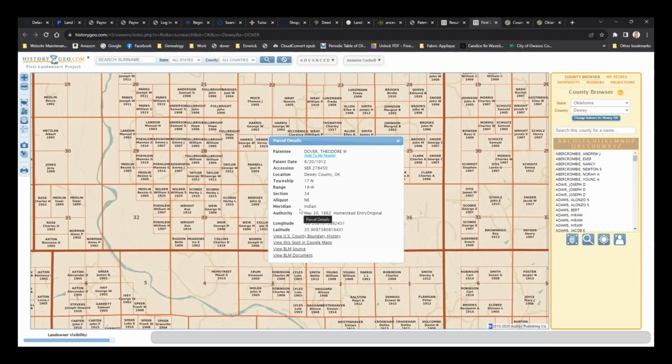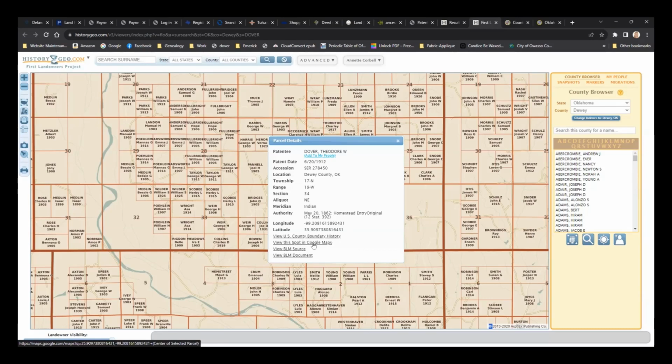And while I'm thinking about it, can anyone tell me what state had the most land given out by homestead applications? I don't know. I'm going to say either Nebraska or Kansas. It was Nebraska. Oh, wow. Brian Reinhardt at Civil War Records has been putting some trivia on his page and that was one of them. I was like, I'm going to remember that. That is good to remember.